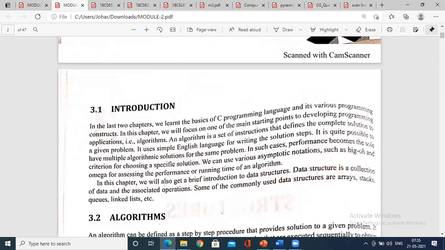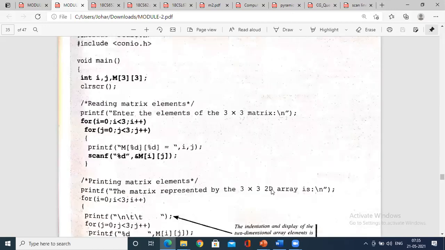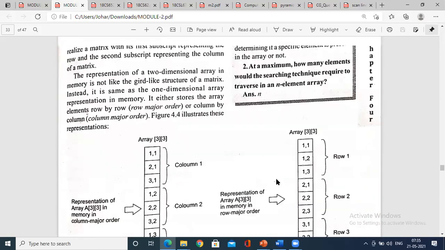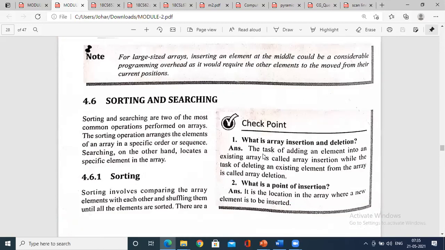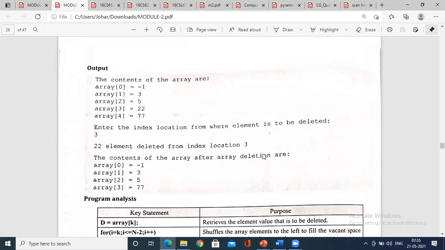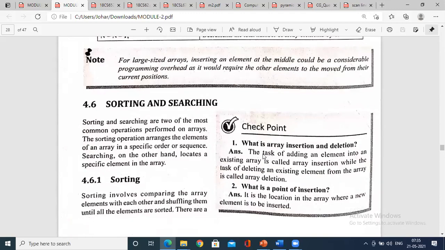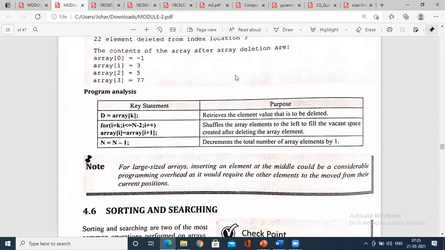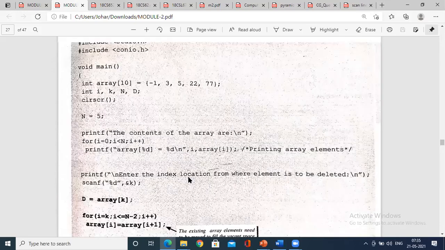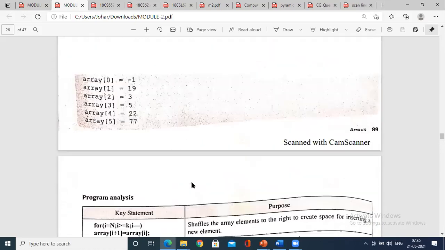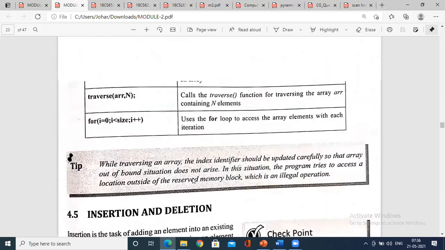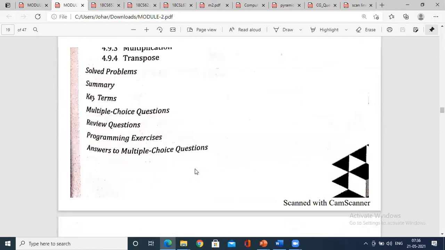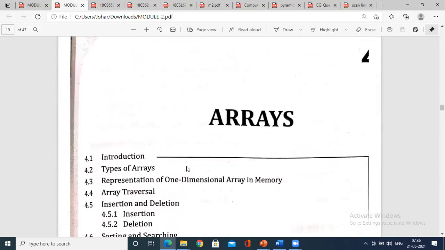Then coming to this module, in the case of arrays we have to cover the two-dimensional array. A lot of things are there, so maybe I'll not keep the two-dimensional array for IA. I need a clear discussion from your point of view whether to keep it or not, so I'll message in the group and you need to reply. Insertion and deletion I did in one of the sessions, though I'll repeat it.